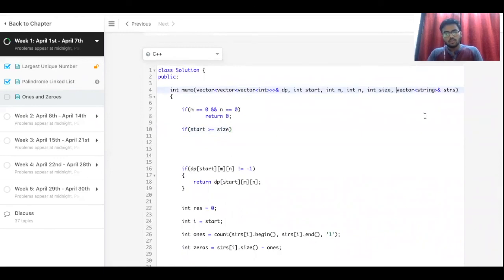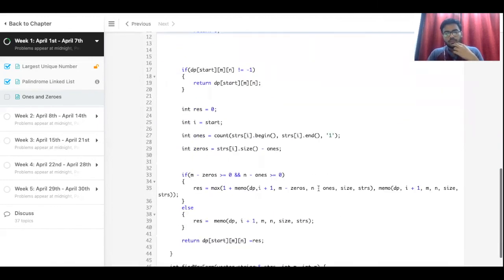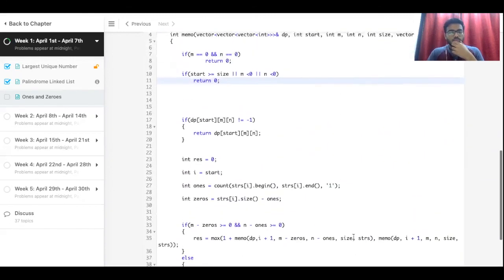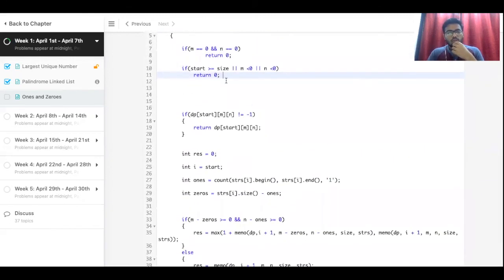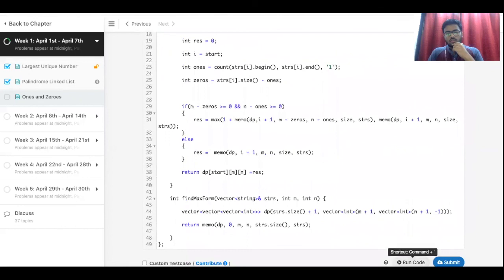So if start is greater than or equal to strs.size, or m is less than or equal to 0, or n is less than or equal to 0, at that time we return 0. All right, and I don't think we need to check anything other than this, because we are checking all the conditions for all the three variables that are there. So let's try to run the code and see if everything is working fine.